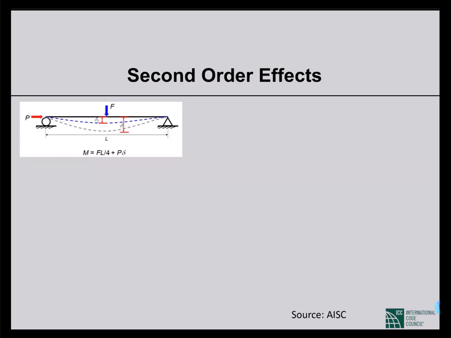So if we calculate deformation again, we'll see that delta 1 is not the final deflection. Due to the application of the P delta 1 moment, it will deflect more. Suppose the final deflection is small delta. Then actually the moment in the mid span is FL by 4 due to the F load, plus P times small delta due to the axial force. This P small delta is called the secondary moment.